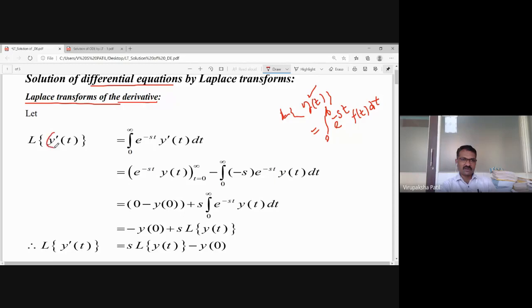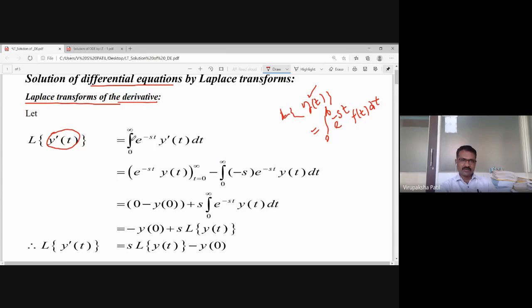Let us consider here the Laplace transform of the first order derivative. That is, instead of f of t, we are considering y of t. Now instead of y of t, we'll just consider the first order derivative of that y of t. That is L of y dash of t, which will be equal to, by using this basic definition, what we can write,